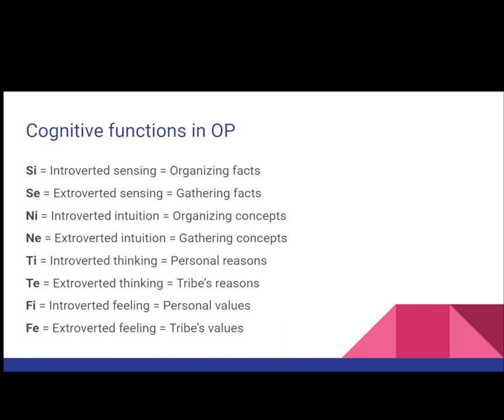So, objective personality uses 8 different cognitive functions, and objective personality defines them as follows. SI is organizing facts. SE is gathering facts. NI is organizing concepts. NE is gathering concepts. TI deals with one's personal reasons. TE deals with the tribe's reasons. What are the reasons of the people around you, the spectrum of reasons? FI deals with one's personal values, and FE deals with the values of the tribe, the people around you, that